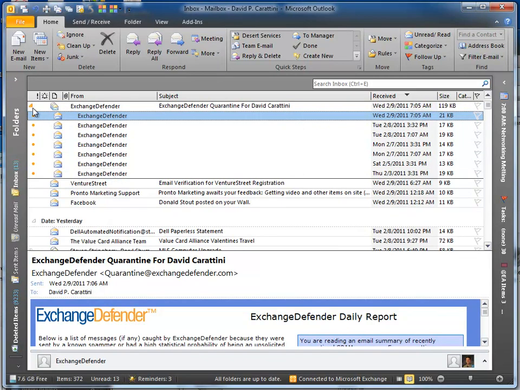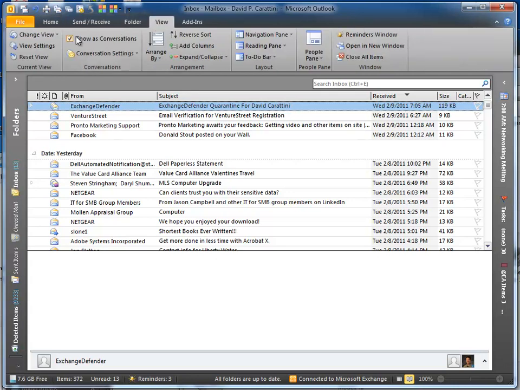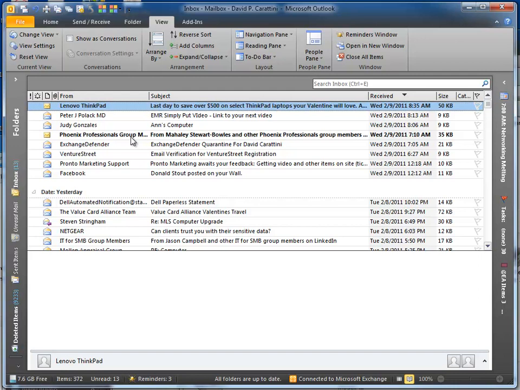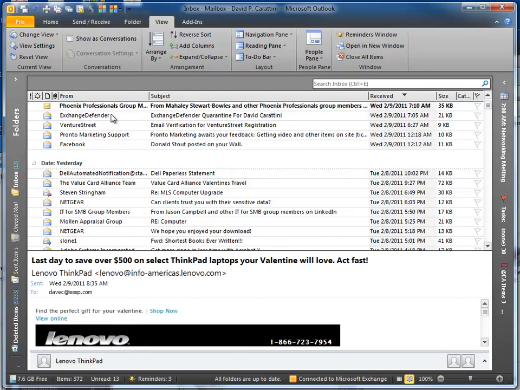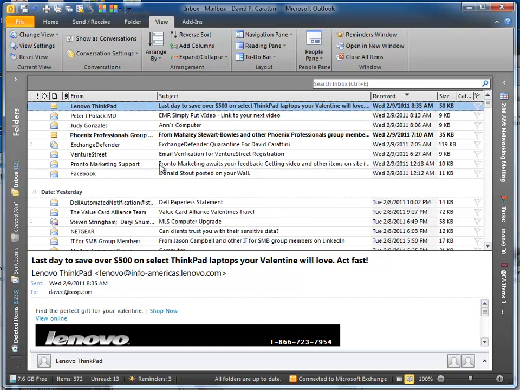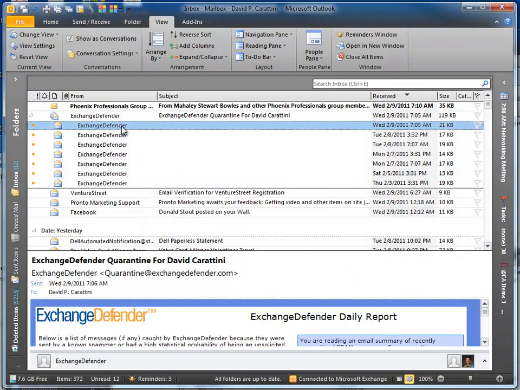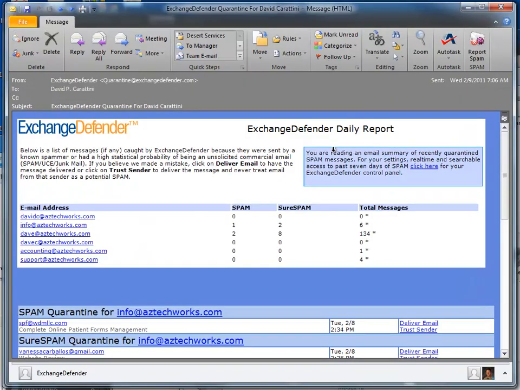If you're not in Conversation View, or you're using Outlook 2007, your ExchangeDefender messages will just be scattered throughout your inbox based on the date and time that they were received. So I'm going to turn that Conversation View back on. Okay, so if I go to ExchangeDefender and I open up one of the reports here, this is my daily